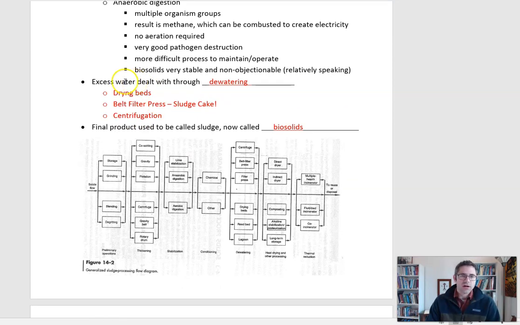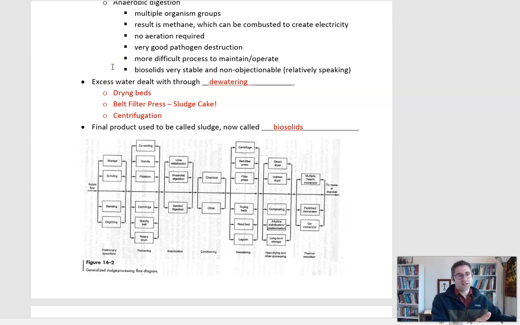Now, excess water. So the third problem is that it's heavy. Excess water can be dealt with through a process called dewatering. And really, it's a combination of thickening and dewatering, which are two separate processes that use some similar physics, essentially. And the three main processes for dewatering are drying beds, which is just, hey, I'm going to put